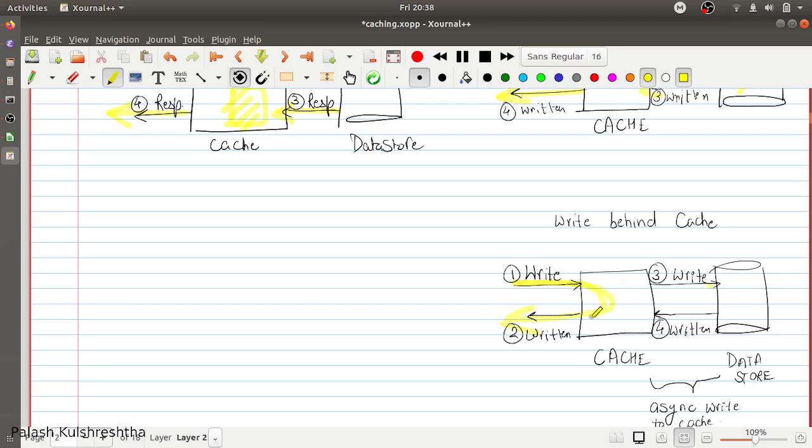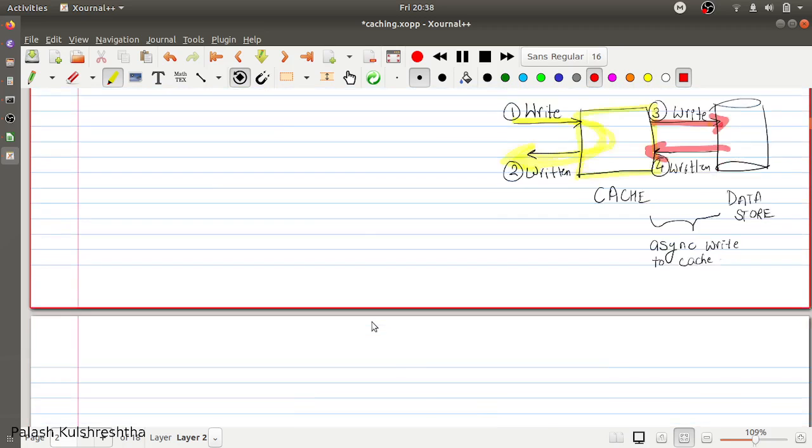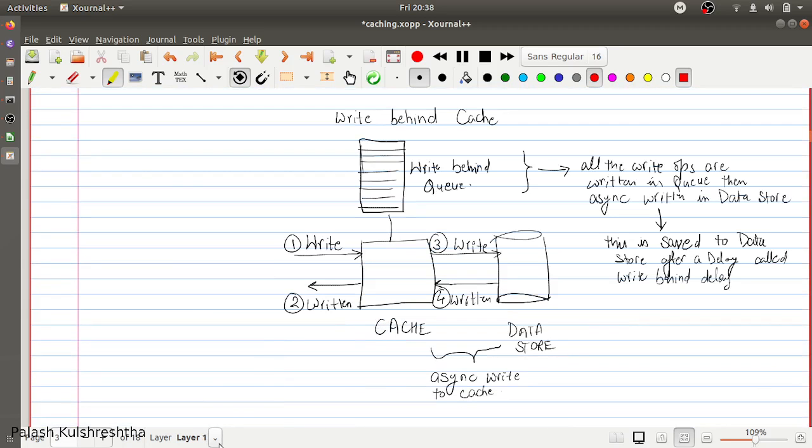So you're only saving the data in the caching system. You're not sending it to the database right now. What you're going to do is you are going to asynchronously update the database and take its account that that data has been updated. Now let's see how this is implemented actually in the caching systems, write behind caching systems.